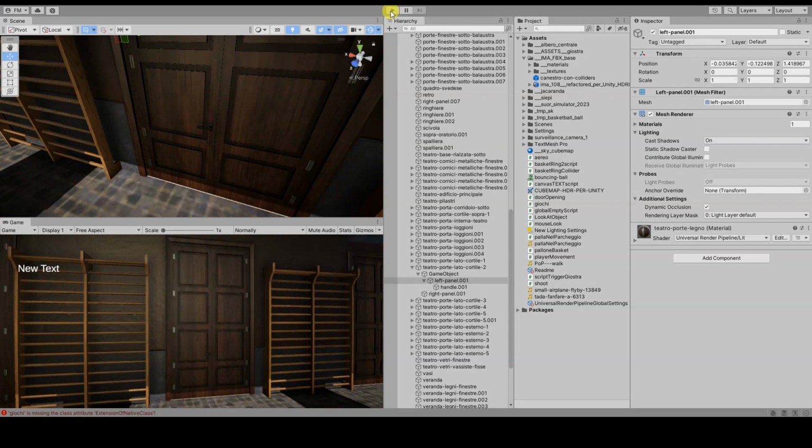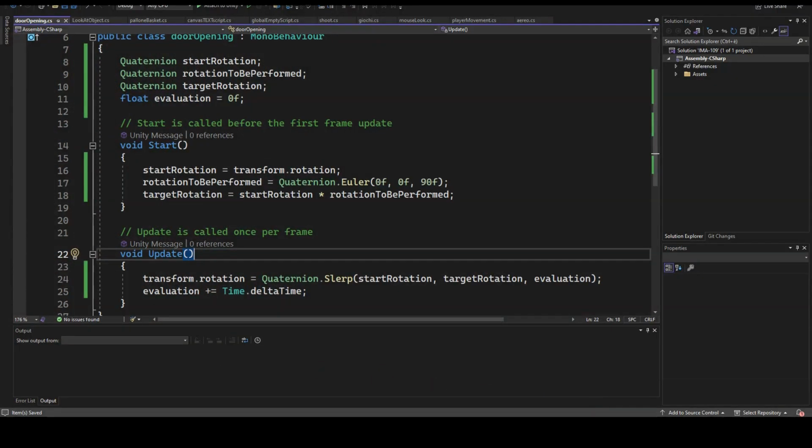How can we now define a different animation duration? The answer is quite simple actually. The increment of evaluation at each frame must equal Time.deltaTime divided by the animation duration. With only Time.deltaTime, the animation lasts 1 second, so to make the animation last, for example, 5 seconds, we will need to increase the evaluation by 1/5 of Time.deltaTime at each frame.